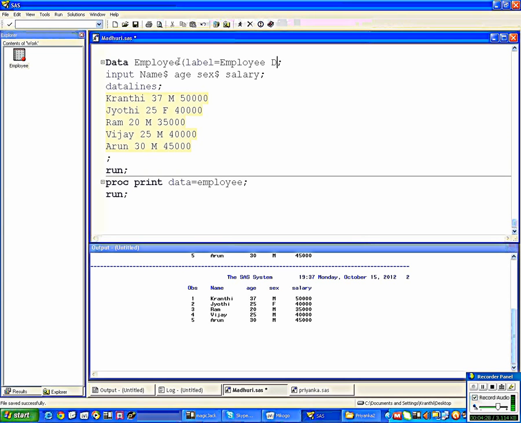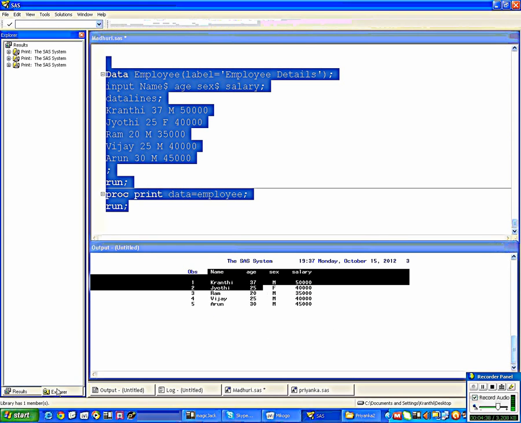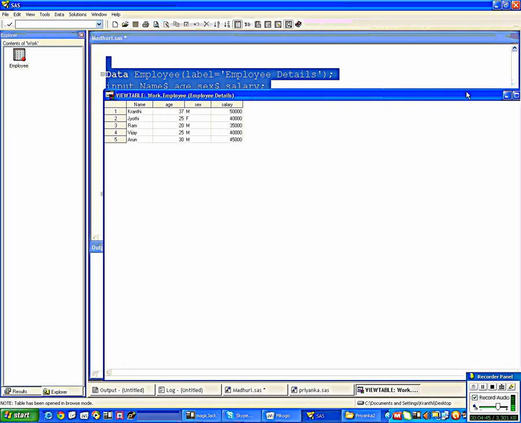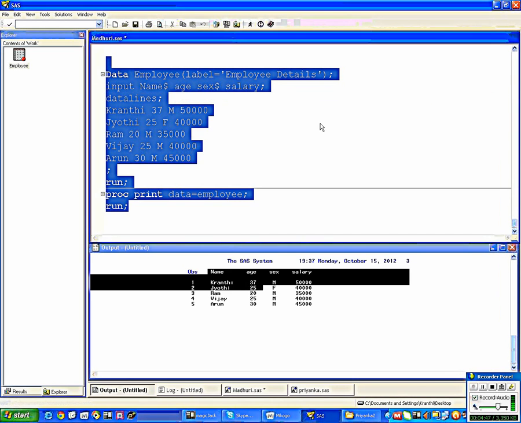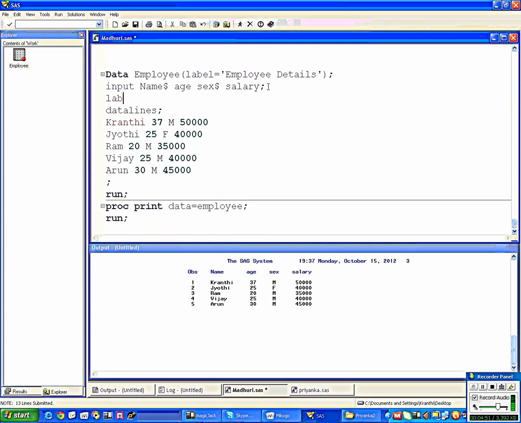Label equal to employee details. Like this you can give some description to the data set. Submit it. After submitting also you can see the same output. But when you open the data set, here you can see the description. Work.employee means employee details. We are just labeling the employee data set name.